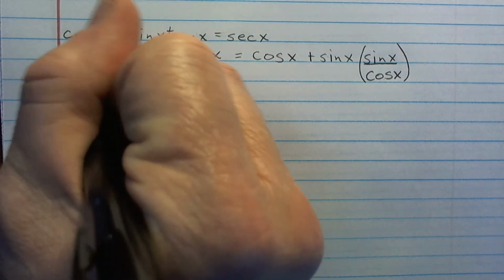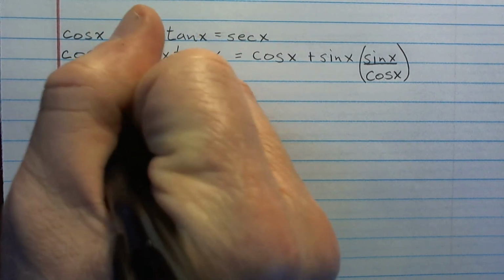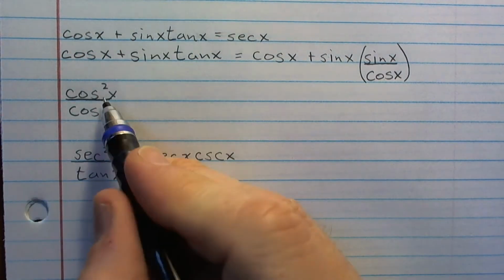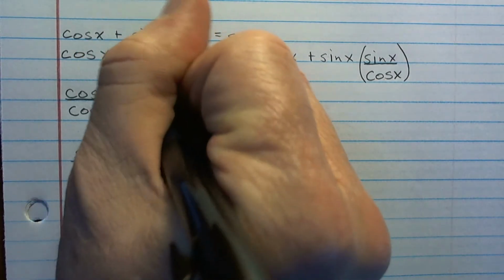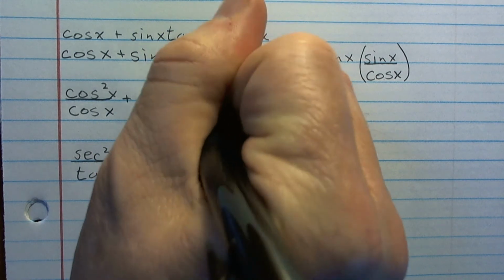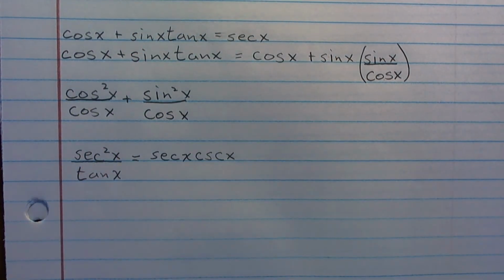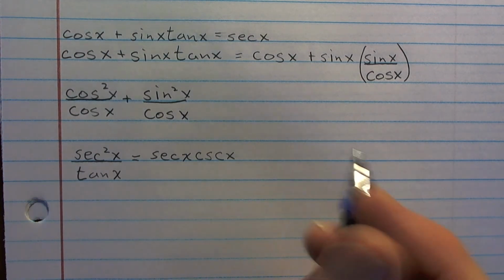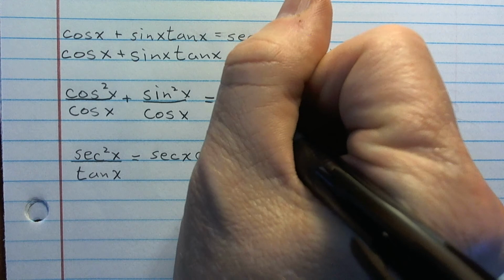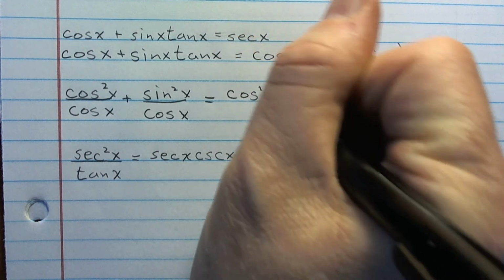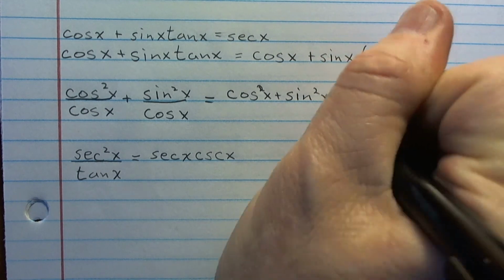So I've got cosine squared x over cosine x, multiplying top and bottom by cosine, plus sine squared x over cosine x. Okay? Now, I've got the same denominator, so I can put these together. I've got cosine squared x plus sine squared x